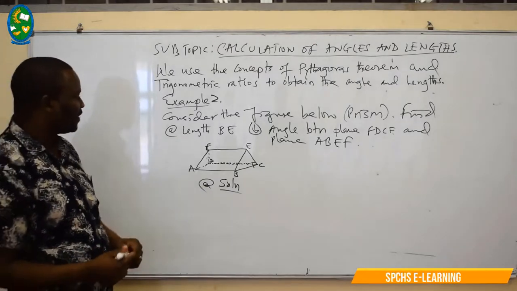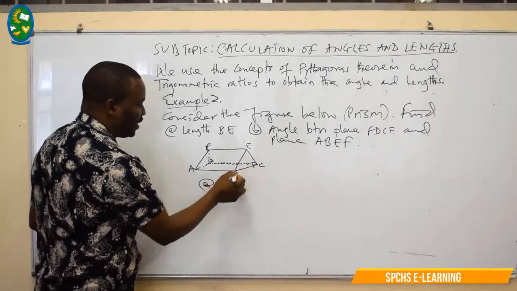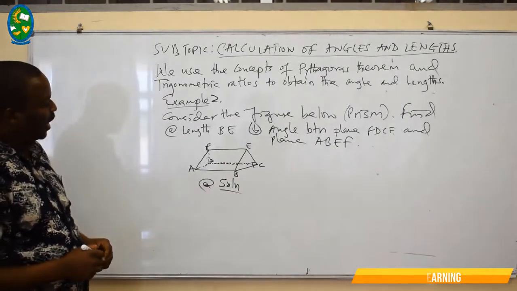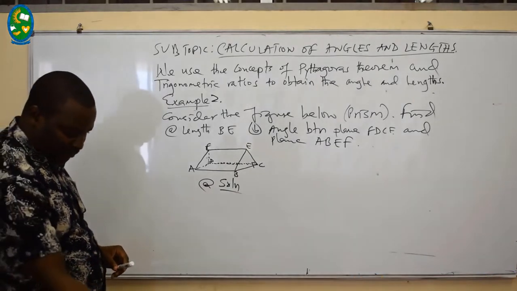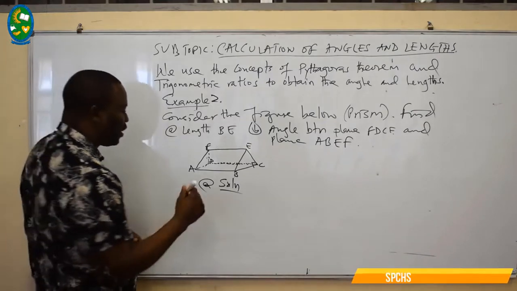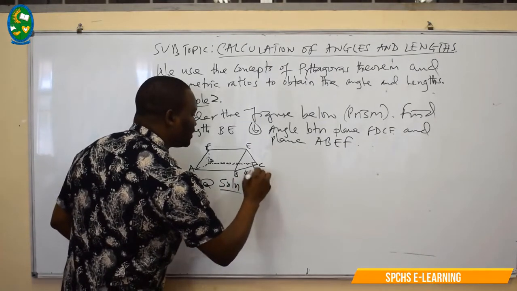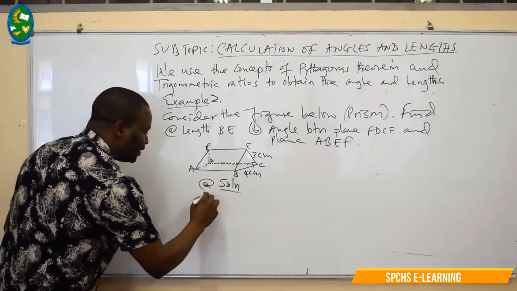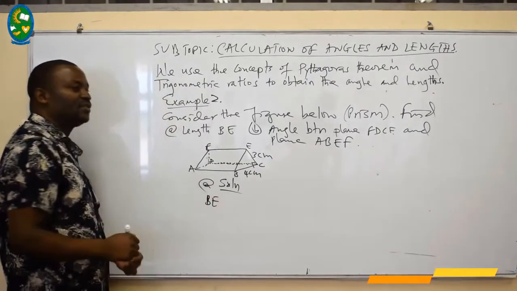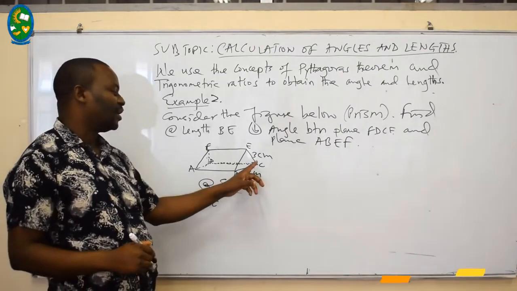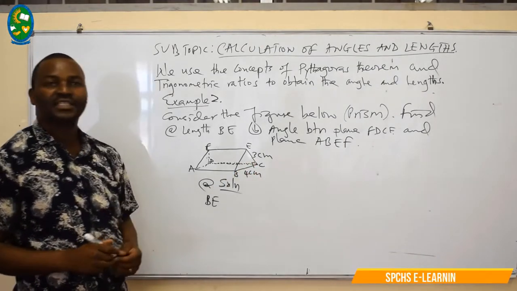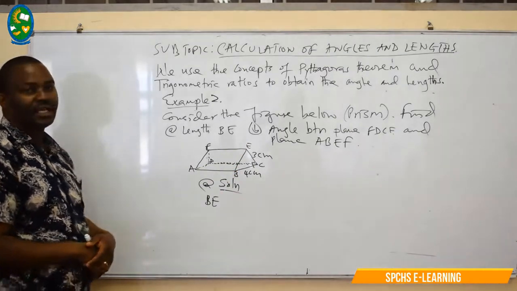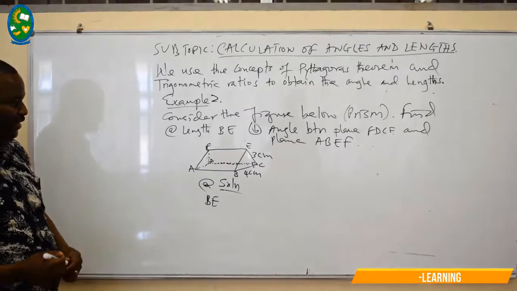the length BE, as you can see, it is here, length EB. And here we have 4 centimeters, and here we have 3 centimeters. Now, we need to find the length BE. As you can see, we have a right angle here. For that case, this will be our hypotenuse. Therefore, to get the hypotenuse